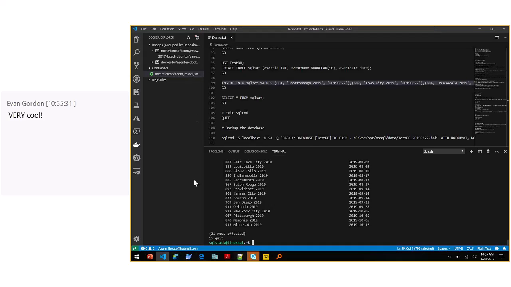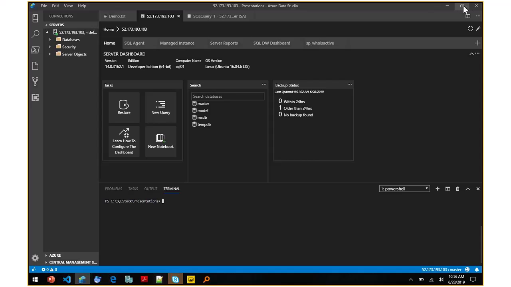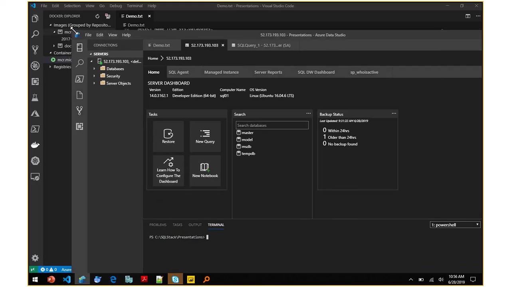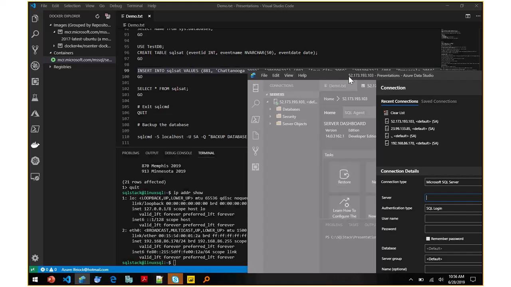And now let's switch over, so we're back in the Hyper-V. I need to know what is the IP address that has been assigned to this one. And so here we have 192 that we will use to connect. So let's open up Azure Data Studio and resize this a bit. And so we want to add another connection,